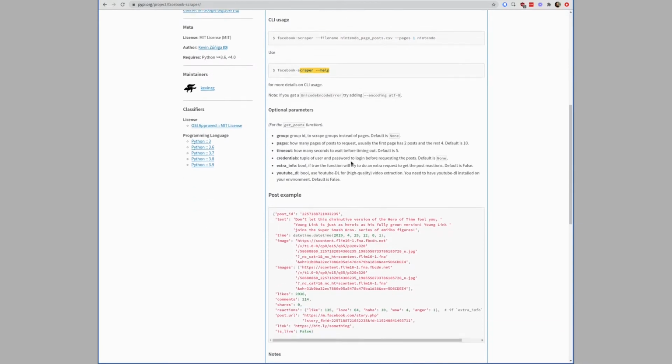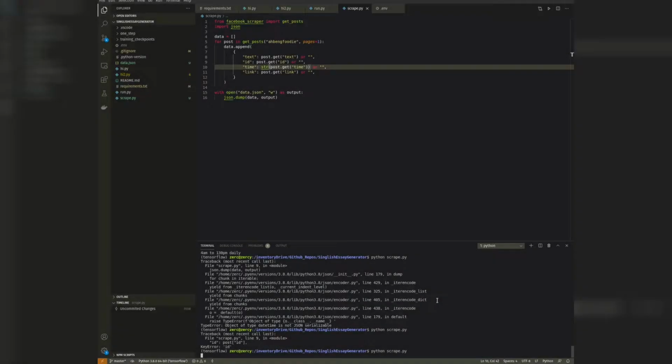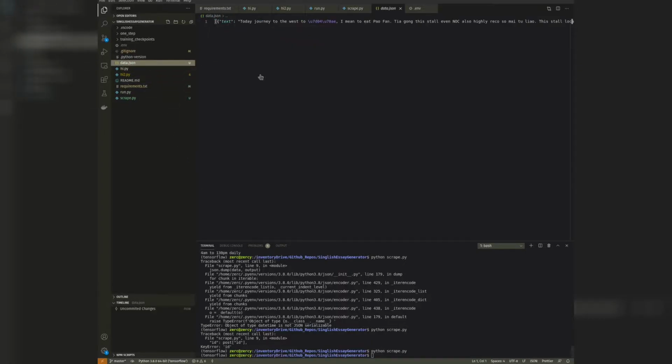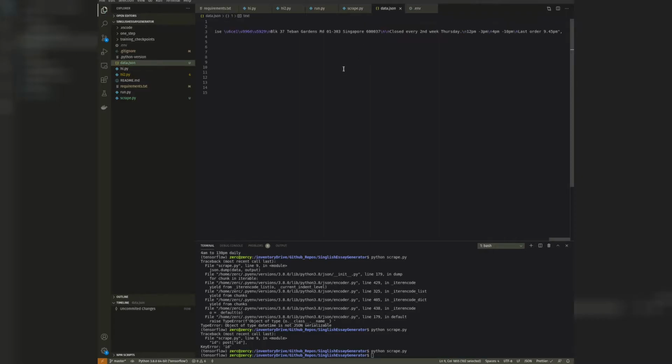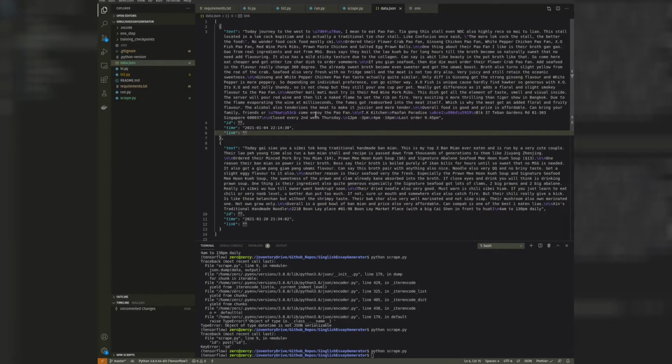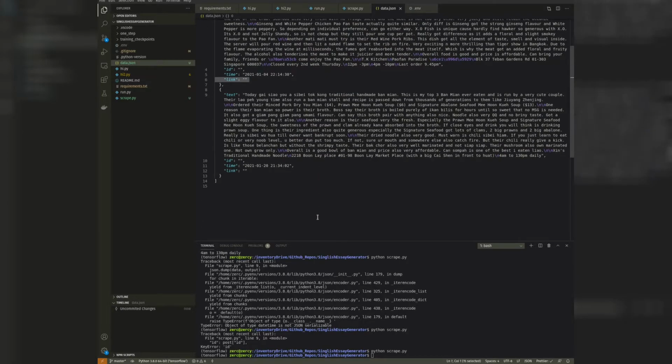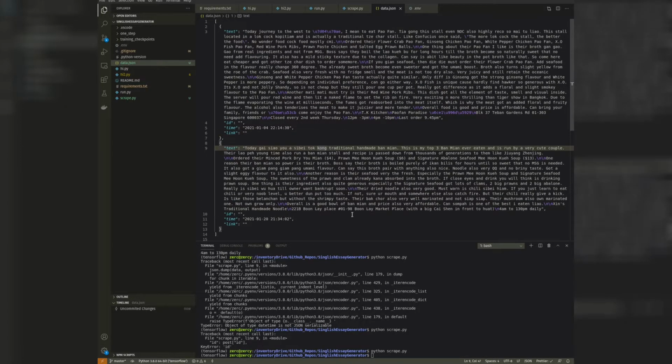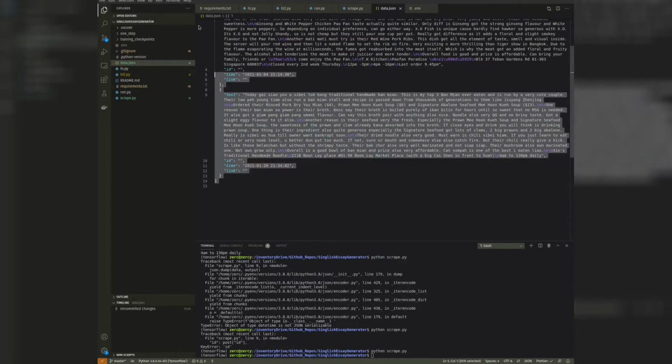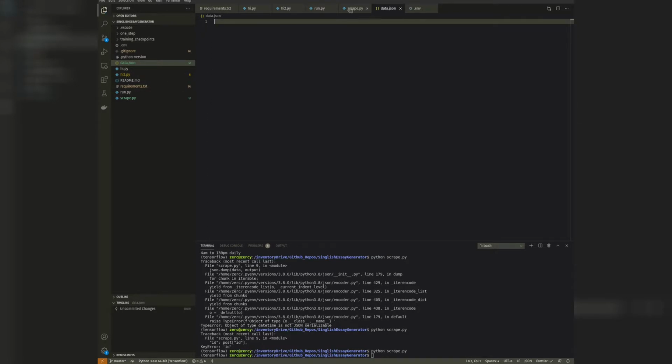The second method was to use Facebook's own developer API, but they made it such that you require specific authorization to gain access to public pages, which probably would not go through for my use case. But luckily, I came across a Python library recently released this year that allows me to easily scrape a post with just a simple method call. So I can just save it into a JSON file and use it.